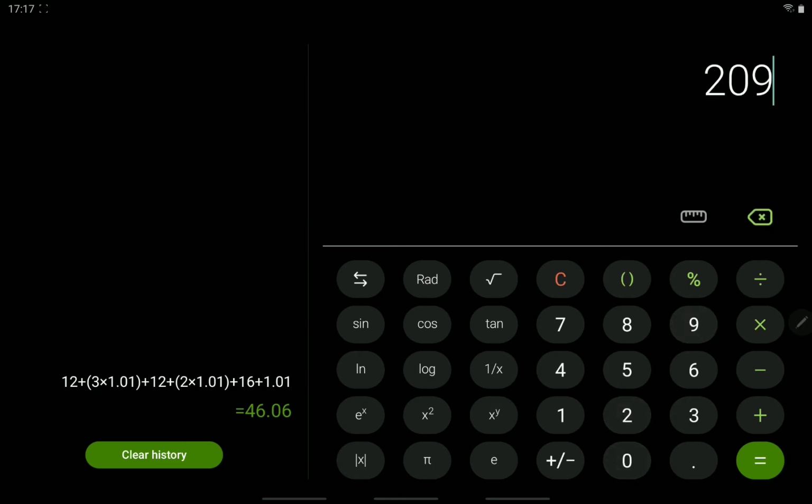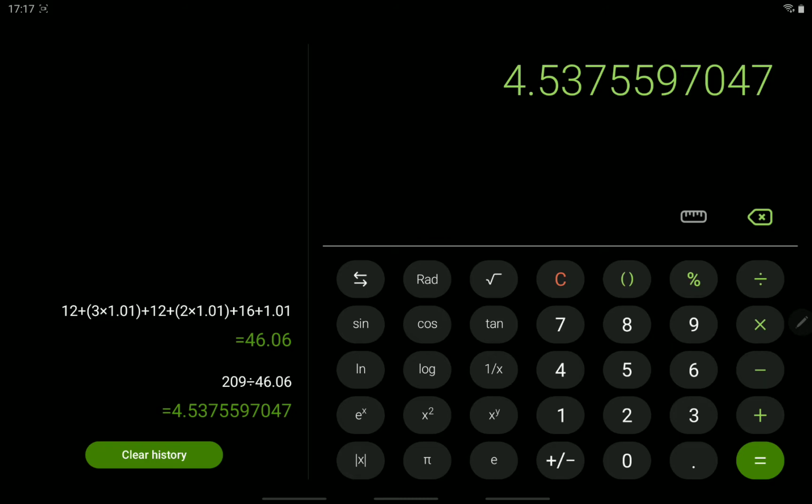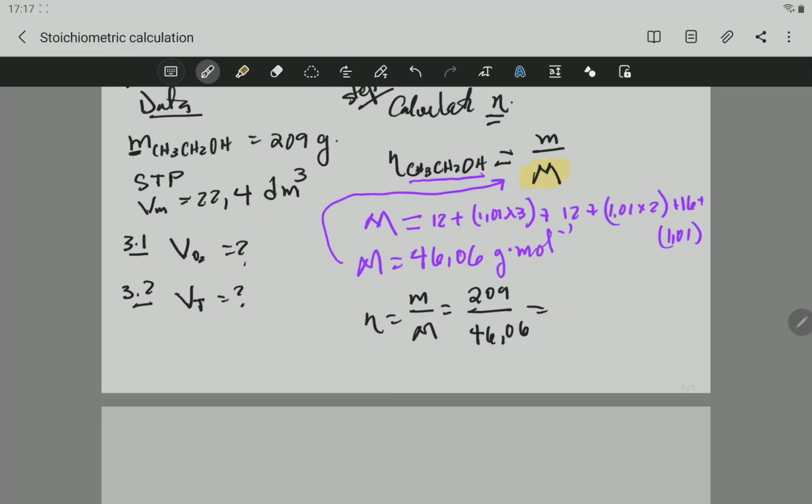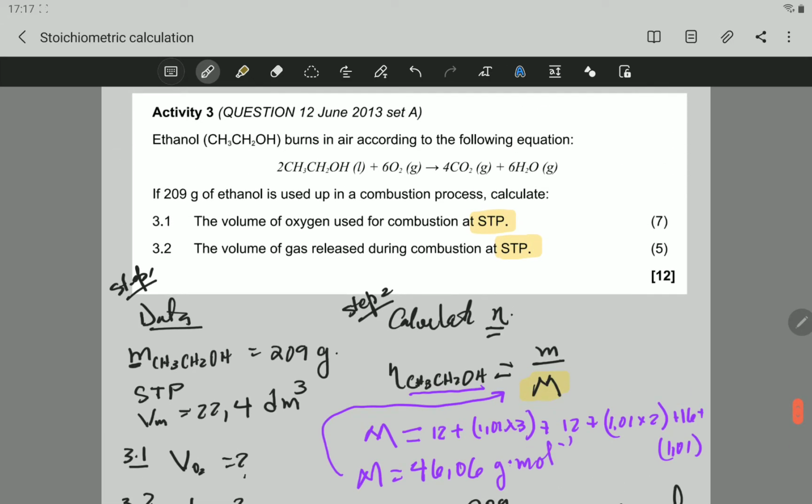209 divided by 46,06. That is 5,54. We're going to round off to 2 decimal places after the comma, so it's 4,54 mole. Now, this number of mole is the number of mole of the ethanol. So now to calculate how much volume of gas was used, we have to convert this one into number of